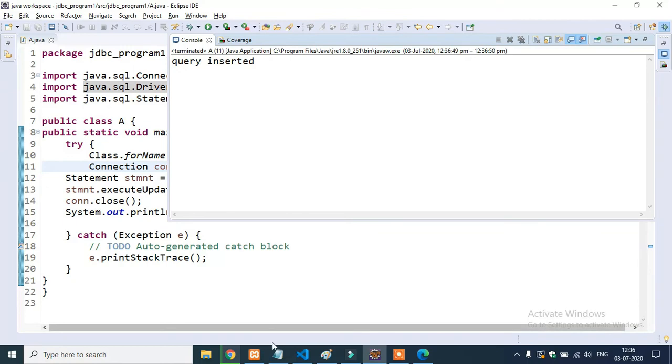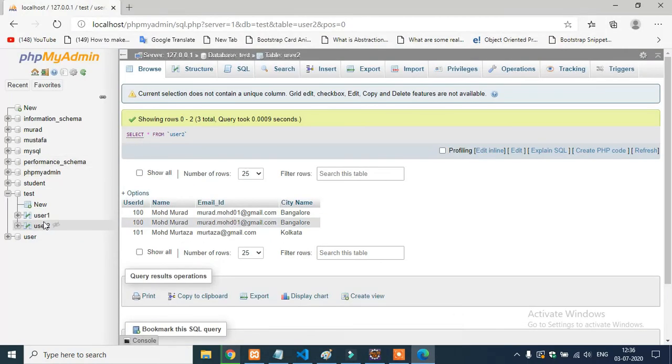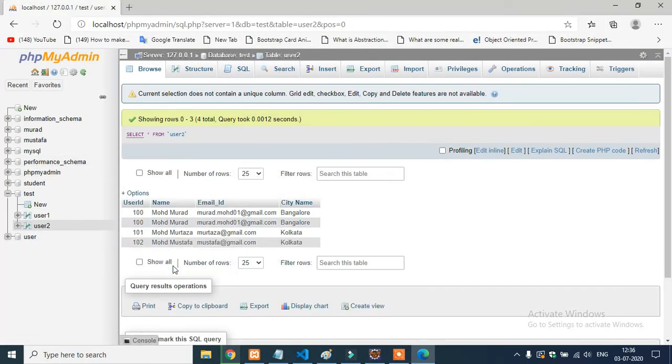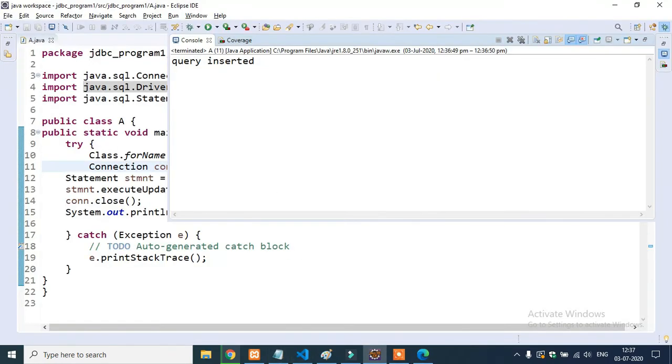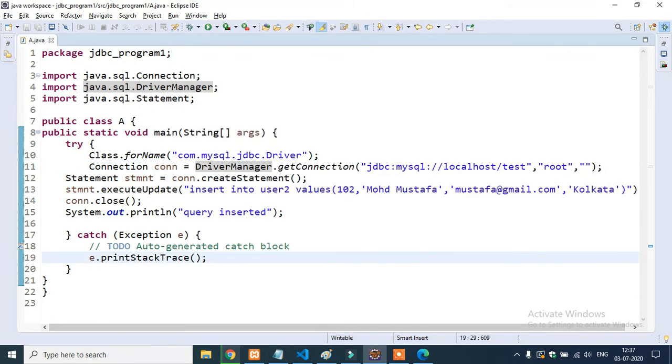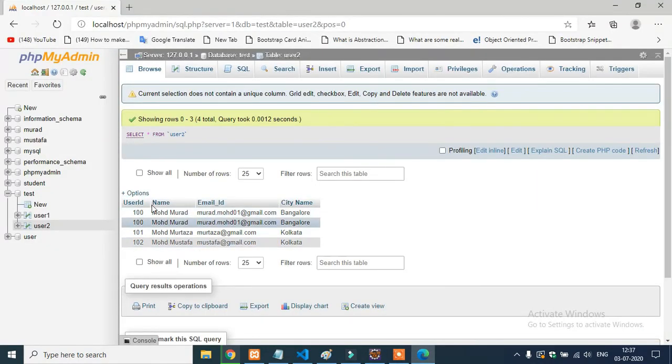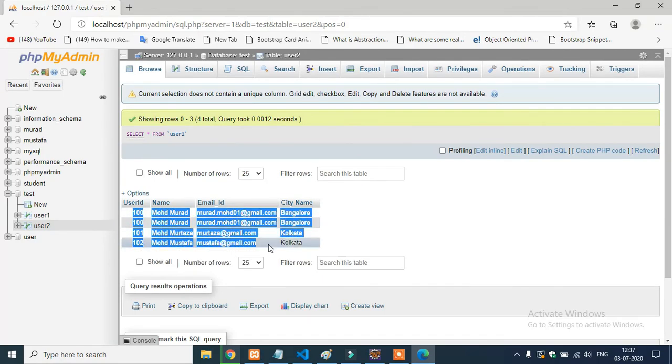Now see query inserted guys, and again go here and click on user2, and now see 102 MD Mustafa got created. And this is how you can do it guys. Our whole agenda was to insert data from Java to the database, and now the data got inserted here. See 101 Murad, and this data got created here guys.